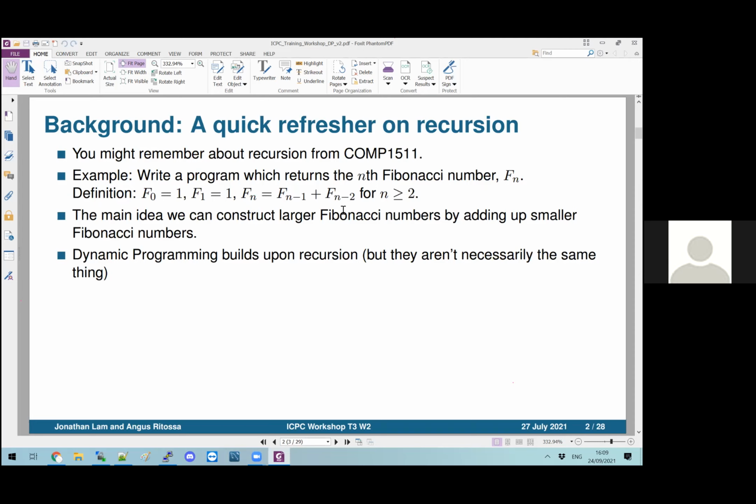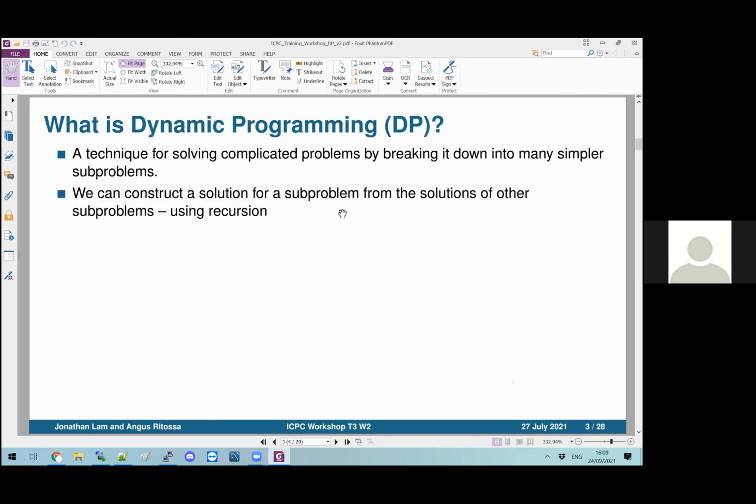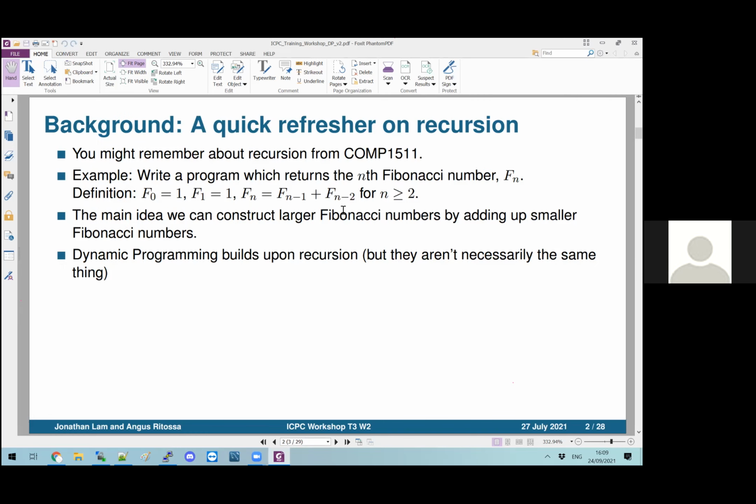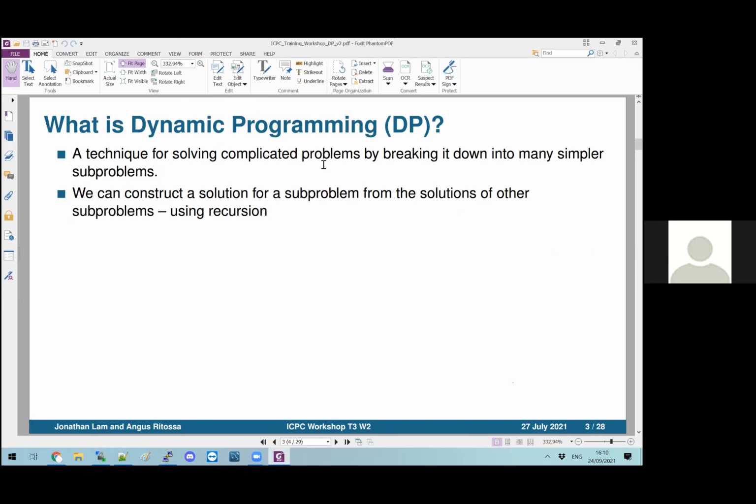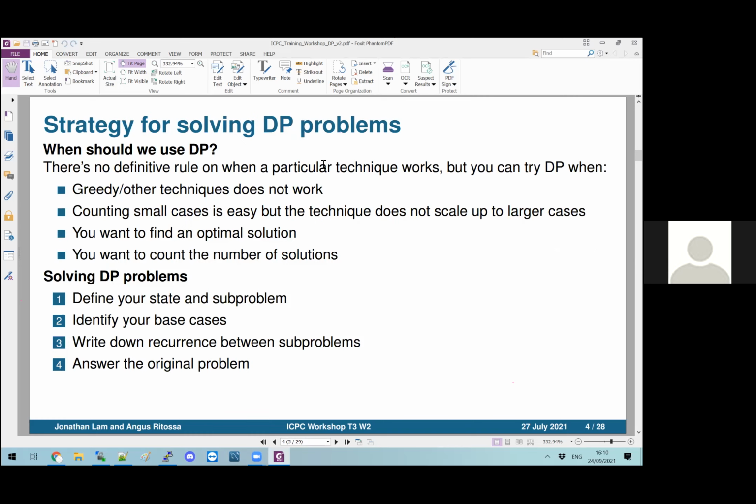And then once we solve these two subproblems, we can combine those answers together to reconstruct our original problem. So the reconstruction might not necessarily be addition. For Fibonacci, we just added the two numbers together, but it won't necessarily just be addition. It could be a whole bunch of possibly very complex statements. So this is the strategy for solving DP problems, and almost every single DP problem will require you to do